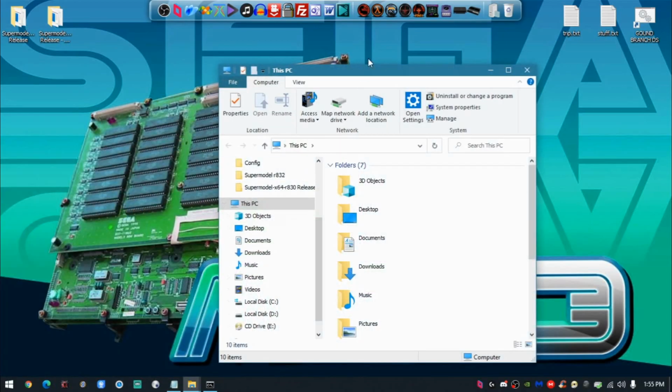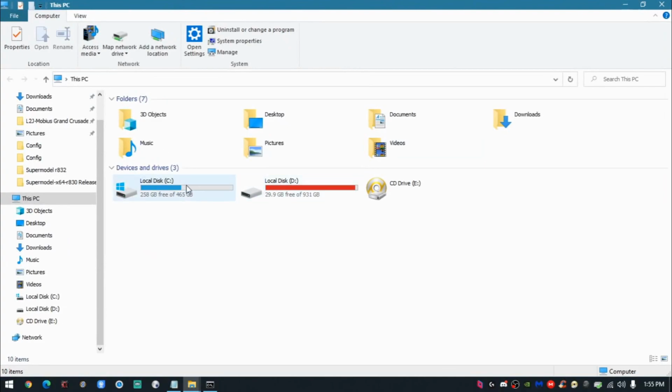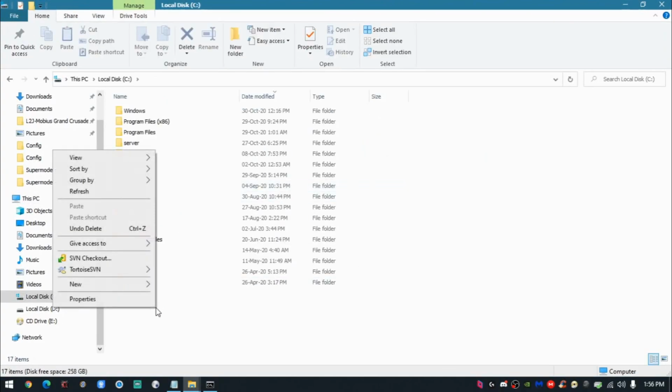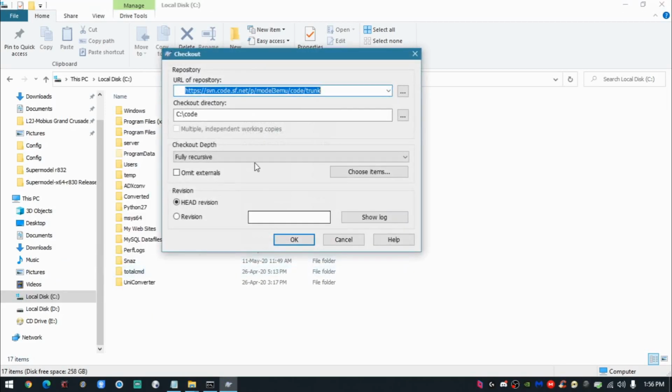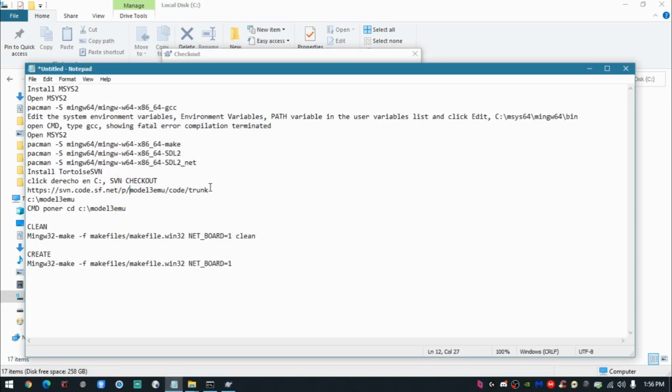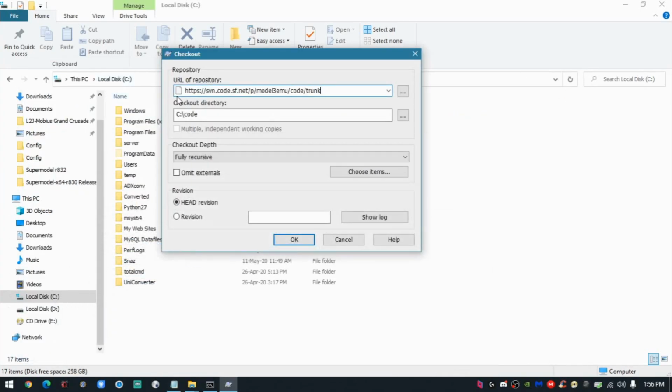So we're going to go into My Computer, go into your C drive, and just right click here and select SVN Checkout. Once you're here, you'll have to add this line of code. The first thing you want to add is this thing that is already added, which is